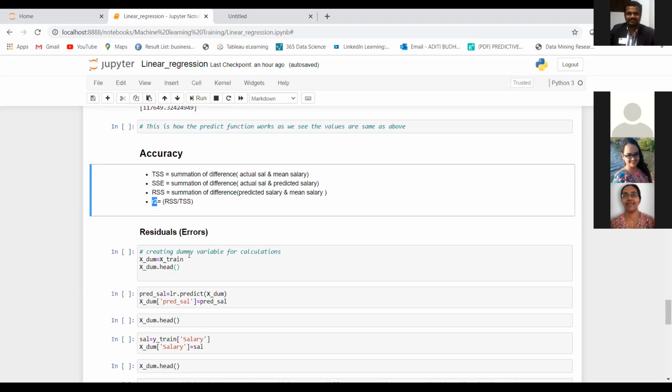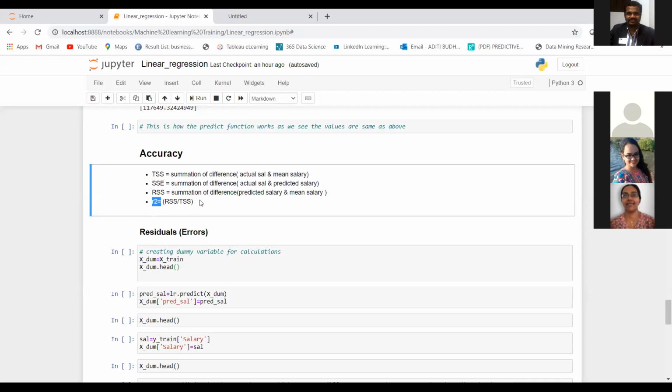The formula for R square is mathematically this: 1 minus RSS divided by TSS. We will look at these one by one now: TSS, ESS, and RSS. All of these values are used in order to get the value of R square.